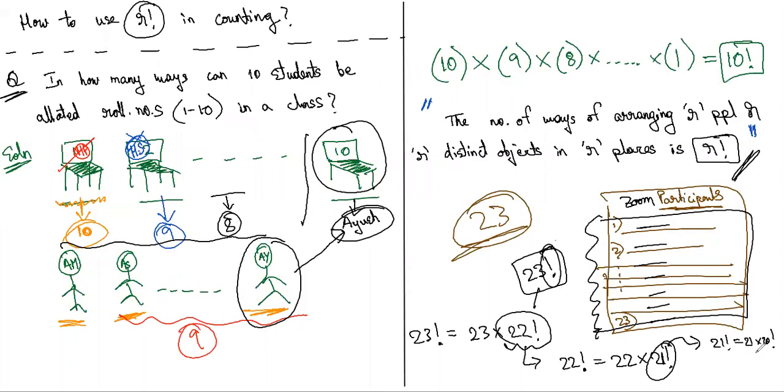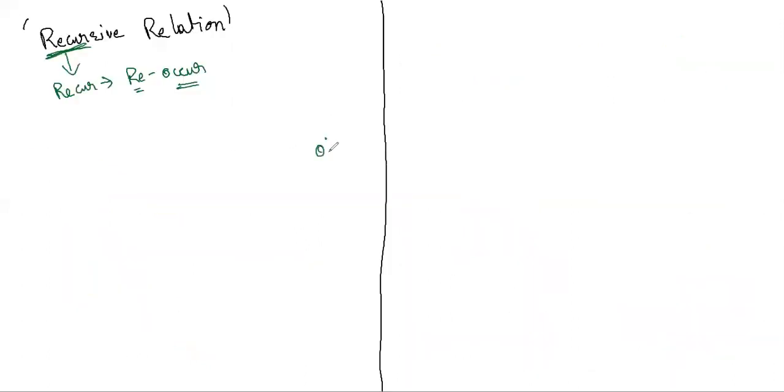Sir, it's just like a loop without a condition. It's like a loop where you keep getting deeper and deeper till you reach some endpoint. Where will it stop? It will stop when you reach 1 factorial or 0 factorial. Because once you reach 0 factorial, you don't have to use the definition, because this is an axiom. We know by axiom that everyone knows the value of 0 factorial, it is 1.